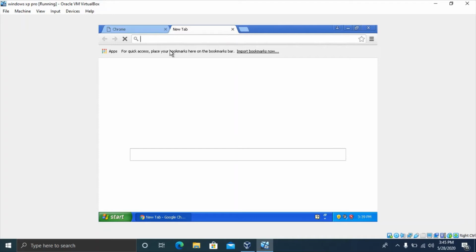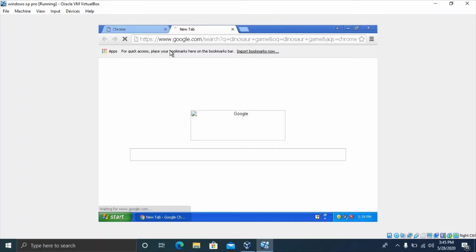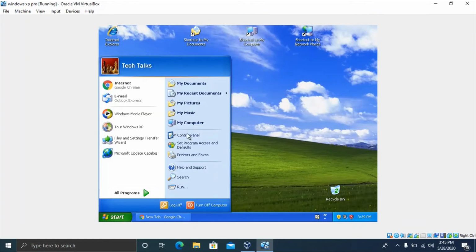So let's go ahead and search for the dinosaur game. I have reduced my internet speed on purpose so that it might tell that my internet has a problem, and we can check if we can actually play the dinosaur game on this Google Chrome device. So let's try it out. Let's wait while it loads because it's going to take some time, and let's explore this a bit more. So as you guys know, it comes with default games, as far as I remember.